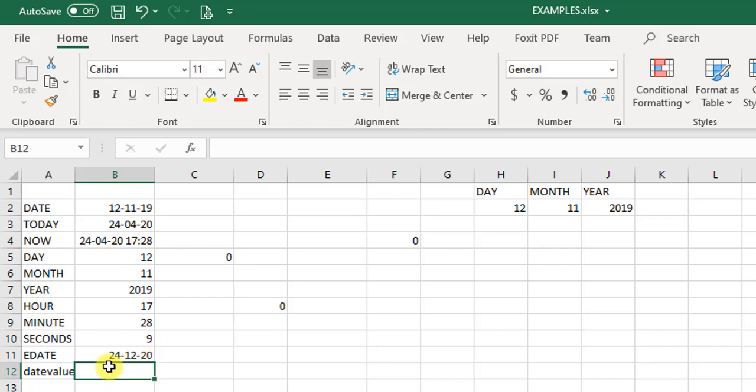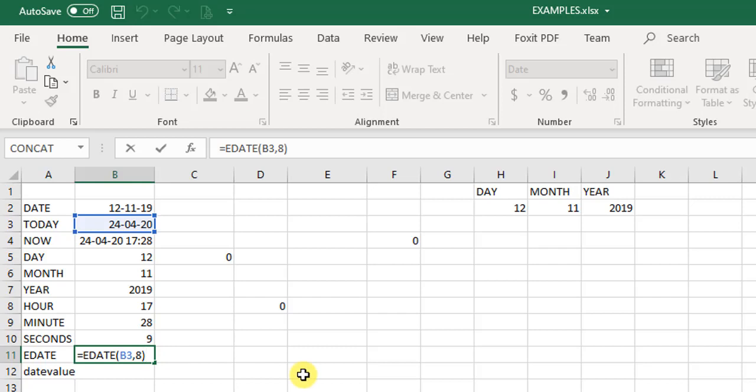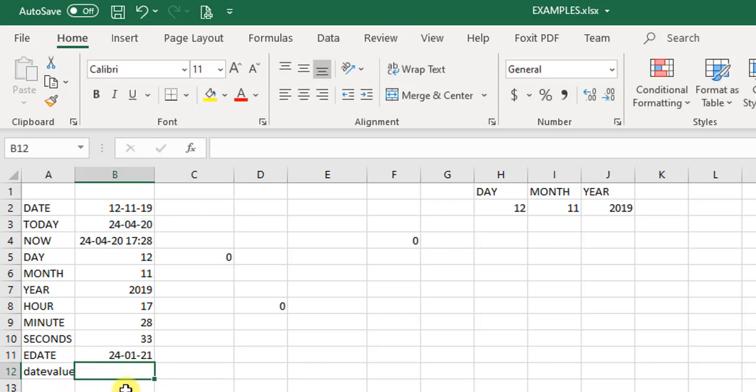So it returns a date after 8 months from the start date, or whatever period I have selected. For example, I can make it 9 instead of 8. So you see it has extended one more month, and now the return date is 24 January 2021. I hope you got the point.